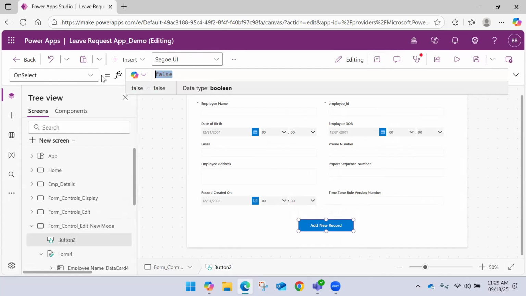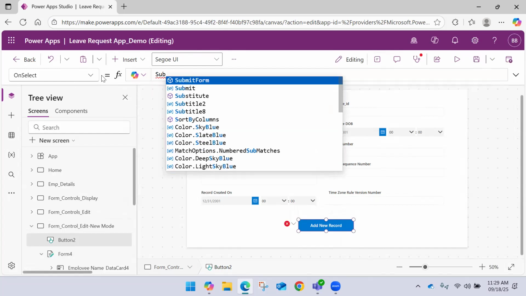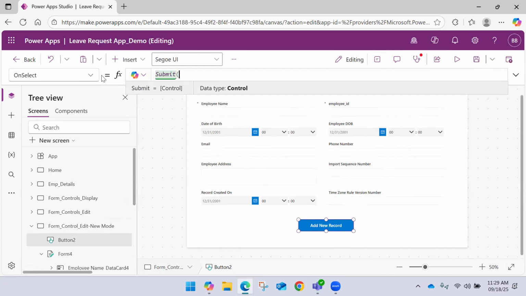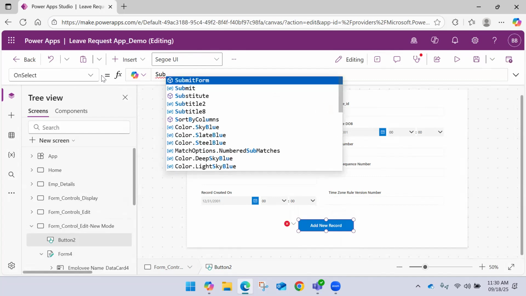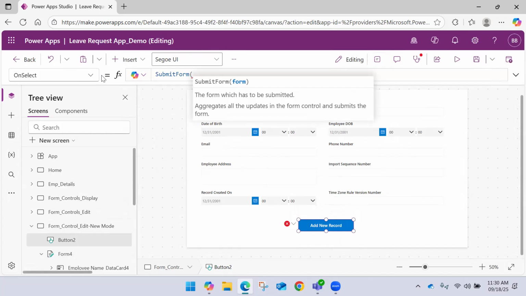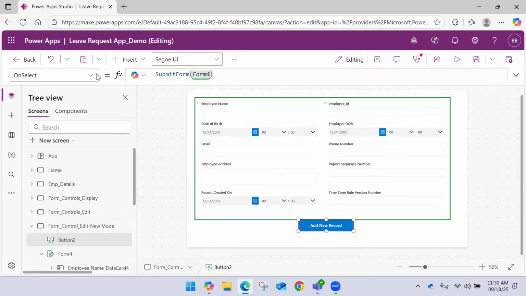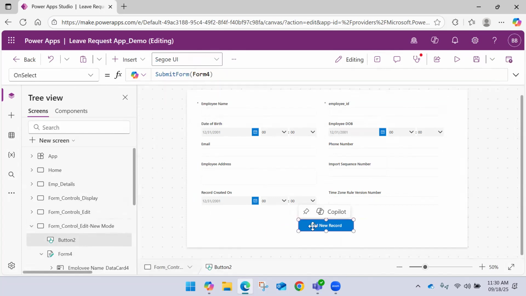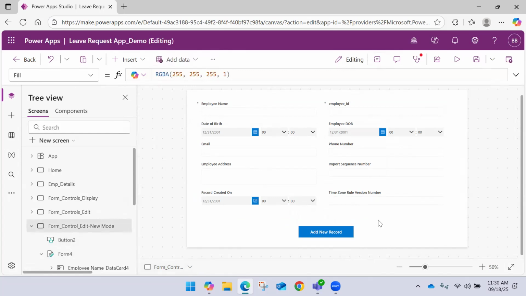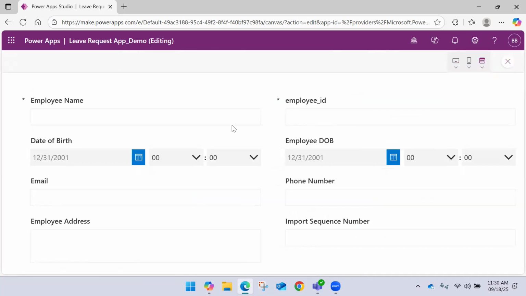Right, so this is the button I will use. On select, what do I want to do? I would like to say submit. Sorry, I should use SubmitForm, and the form name is like Form4. Okay, so now if I play this application,